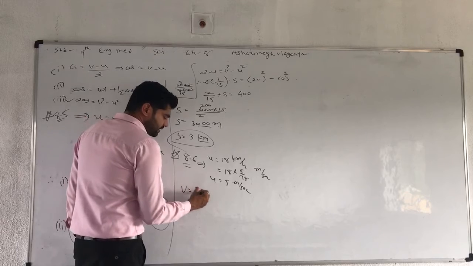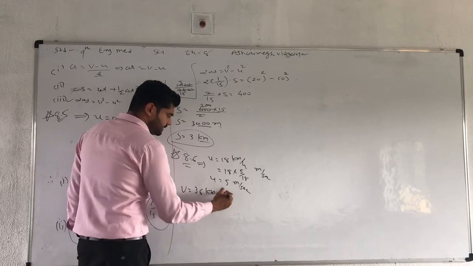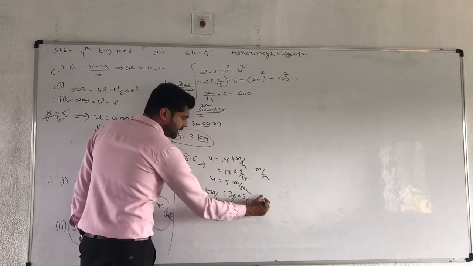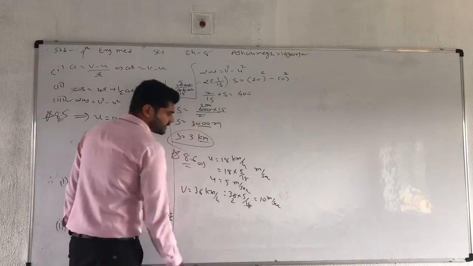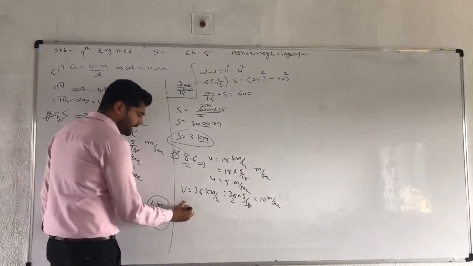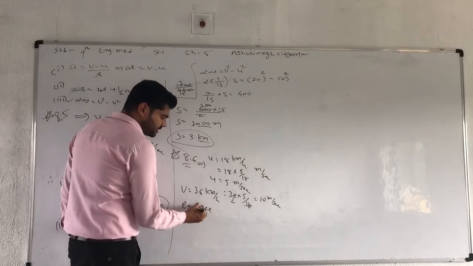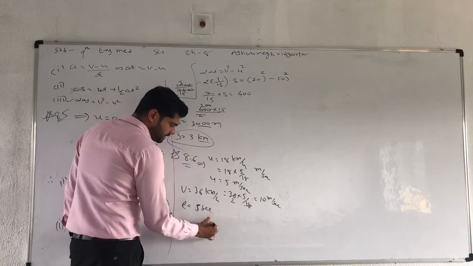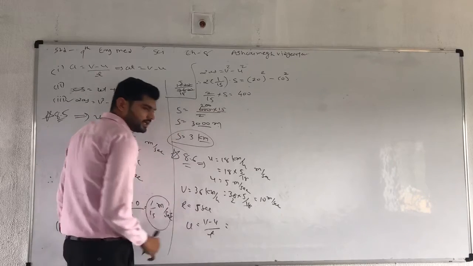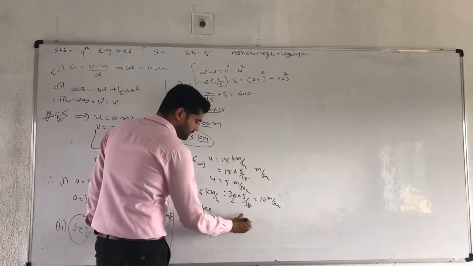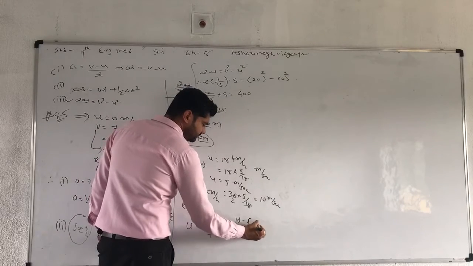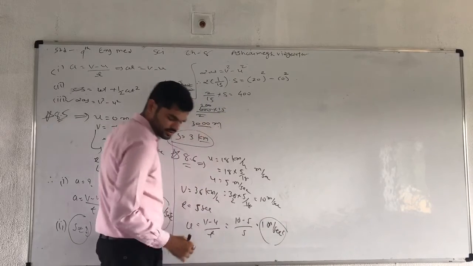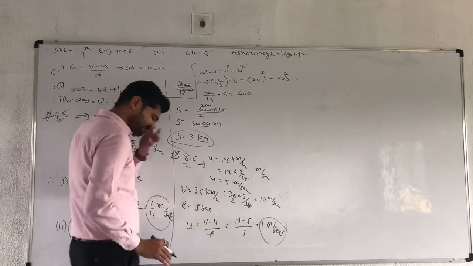Now final velocity reaches 36 km per hour. Therefore 36 multiplied by 5 by 18 is 10 meter per second. So we have the value of u and the value of v. Time is already given as 5 seconds, so no change. t is equal to 5. Find the value of a with the same equation, v minus u divided by t. Value of final v is 10, initial is 5, divided by time taken 5. So the answer is 1 meter per second square.